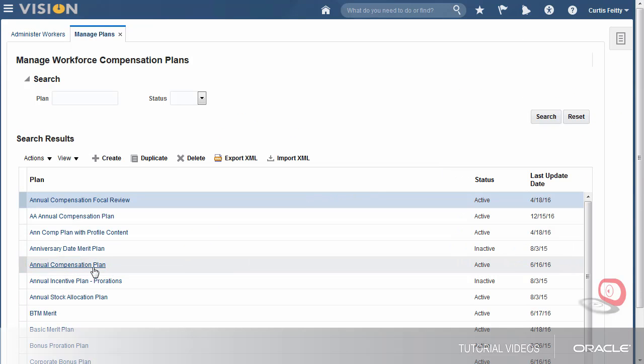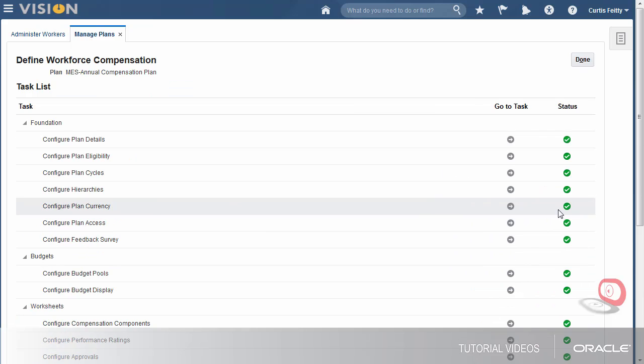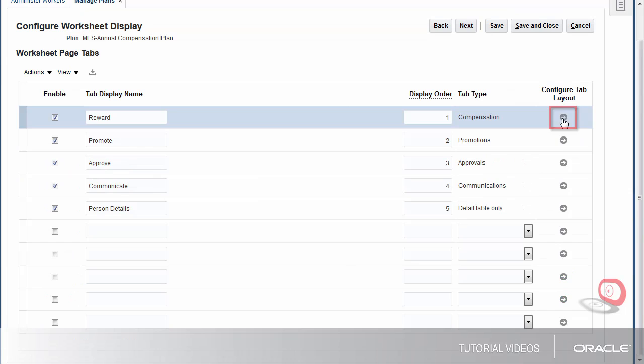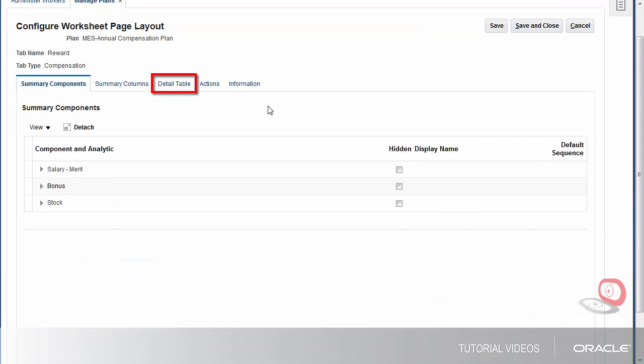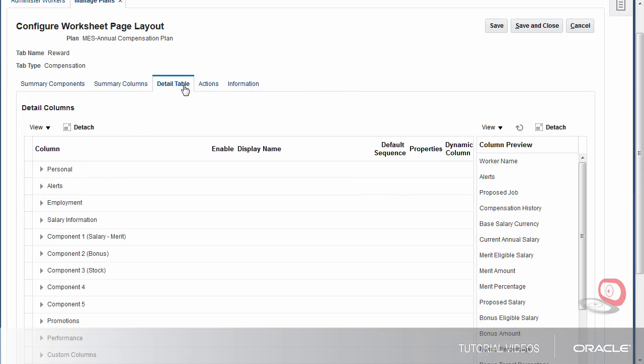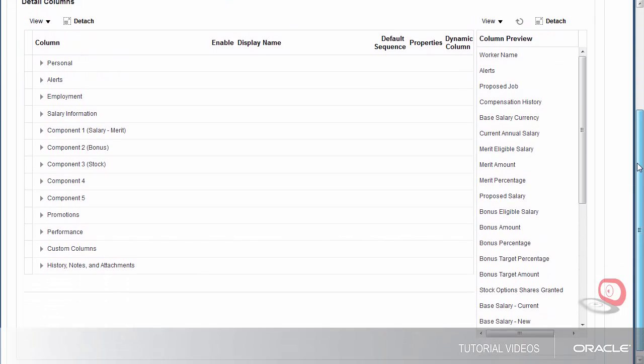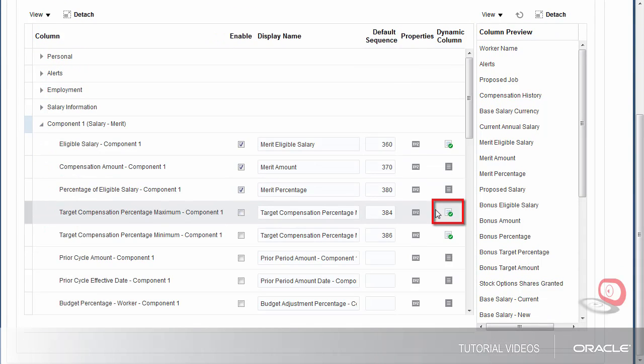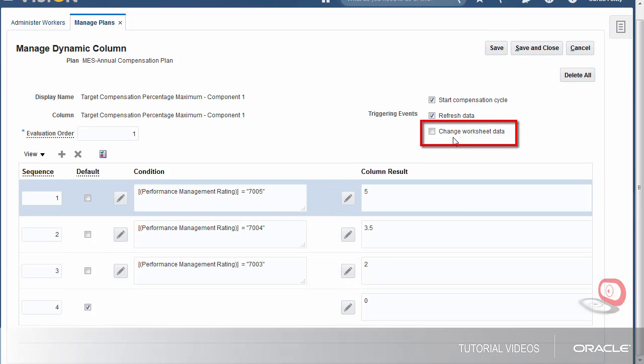Tabbing, scrolling, and real-time values calculations will impact the worksheet performance. While I can't avoid using real-time calculations completely, I need to make sure I'm using them effectively. Real-time calculations are done when the change worksheet data trigger is used in both alerts and dynamic calculations. The more of either of those, or the more conditions within a dynamic calculation, the longer the worksheet can take